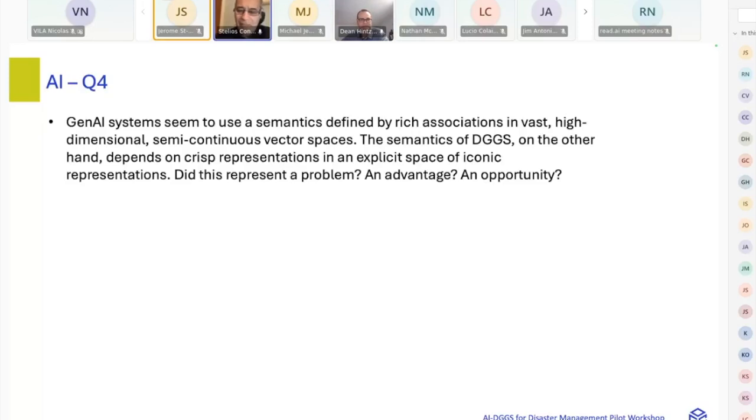But my feeling is that the LLM system behaved better, DGGS aware, after having the RAG information. Sorry for the comment, Jerome. Yes, so yeah, sorry to repeat myself again, but really what I feel is the missing piece, and yes, the